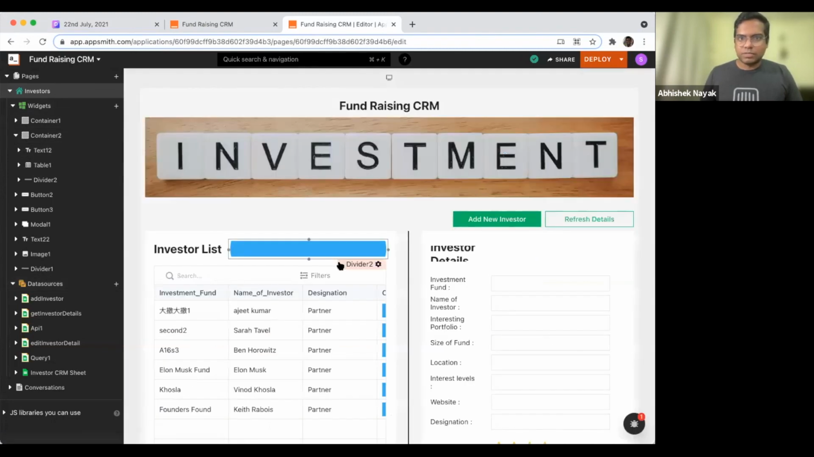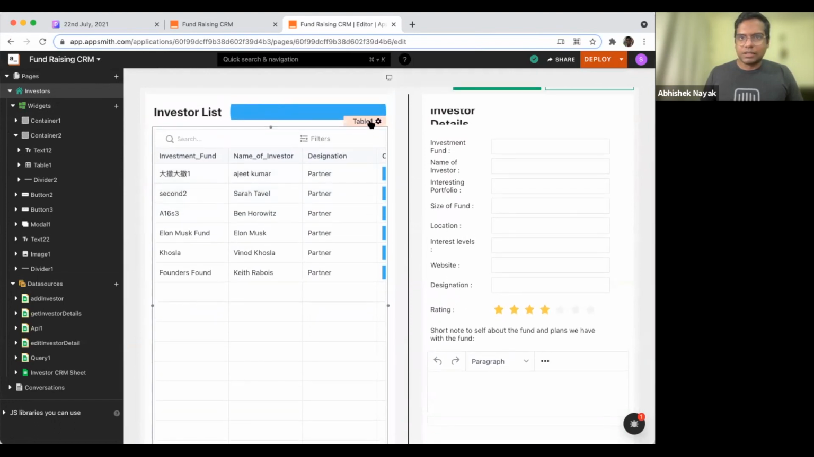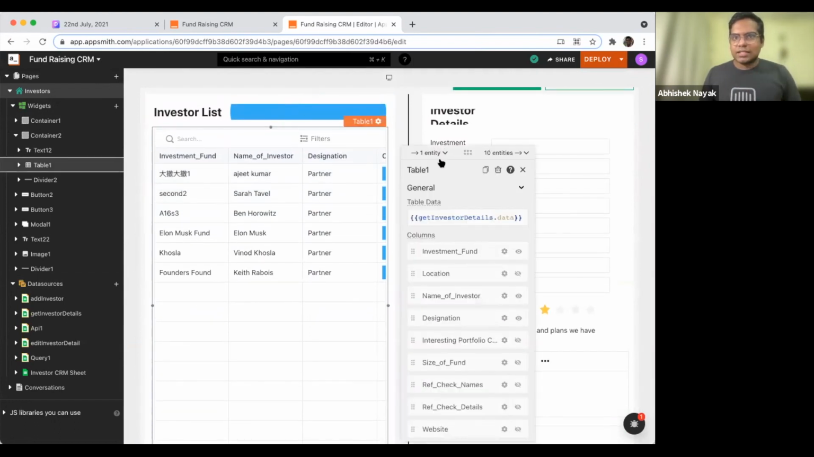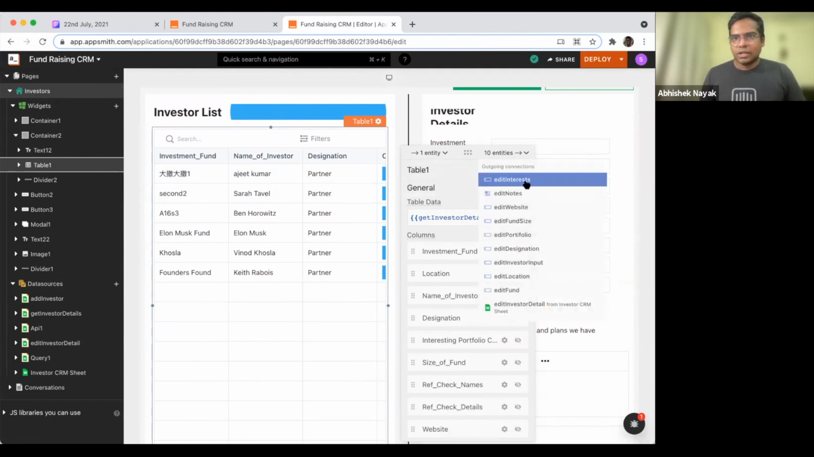Let's go back to this page. So here I have a table, and this table is talking to Get Investor Details, which is a Google Sheets API. So I can see that right here. So if I need to access it, I can just click and access it. I can also see that there are some outgoing connections. I can see that this table is actually talking to this input field, this rich text editor, another input field,